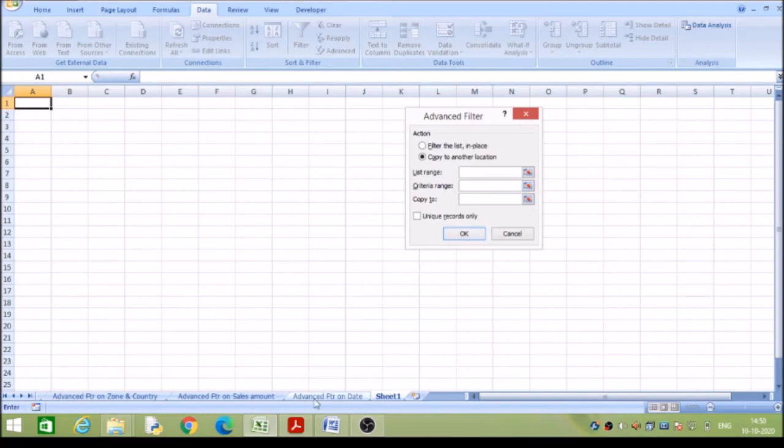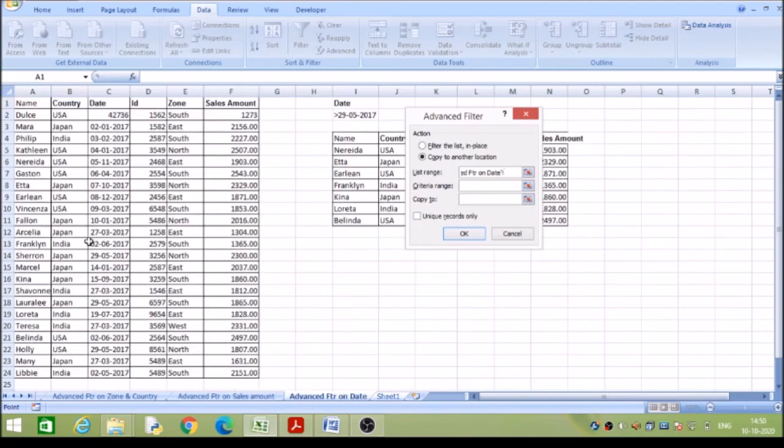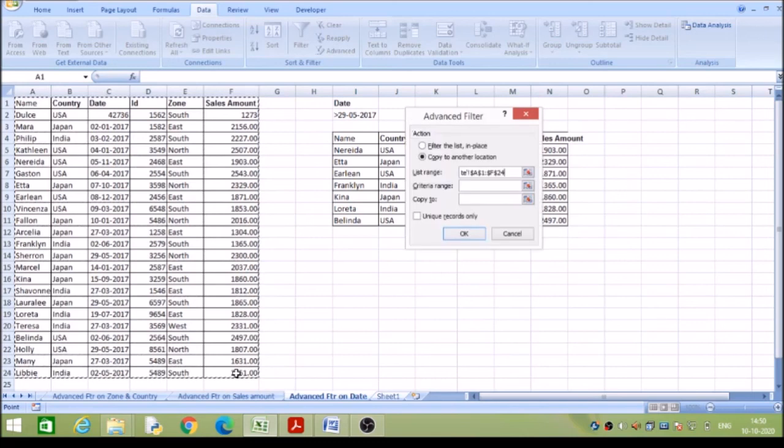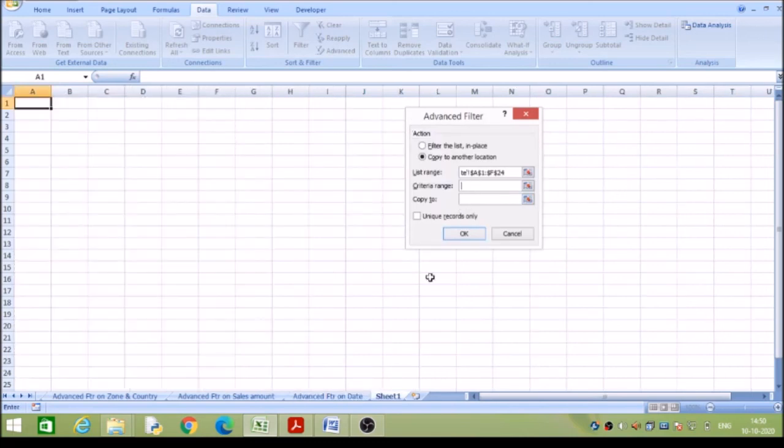I'll go to the sheet where the data is residing, select the complete data, then select the criteria range. Again I'll go to where the criteria range is.